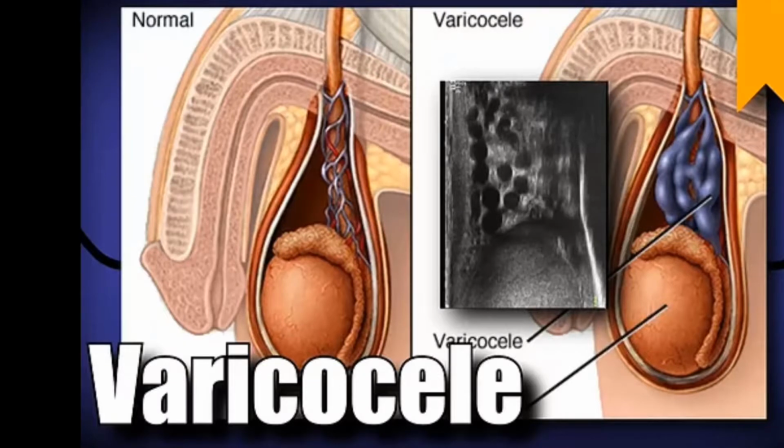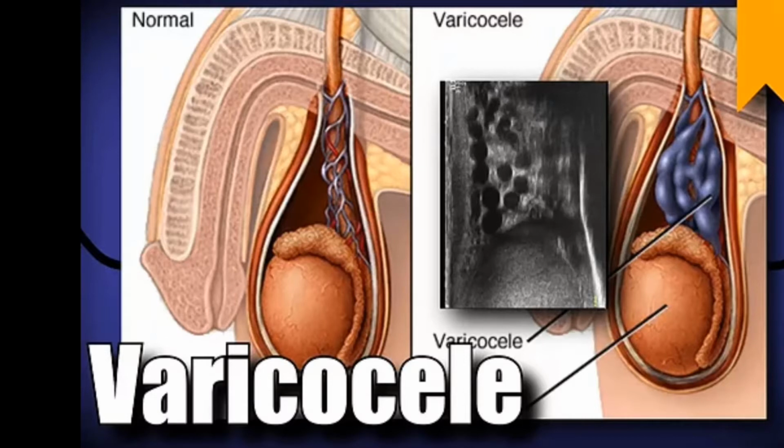Now guys, we are looking at the applied anatomy. There are two applied anatomy topics we will discuss here. First one is the varicocele, second one is the hydrocele, and later we can see about tumors of the testis and the torsion of the testis as well. So first I will discuss these two, the varicocele and the hydrocele.